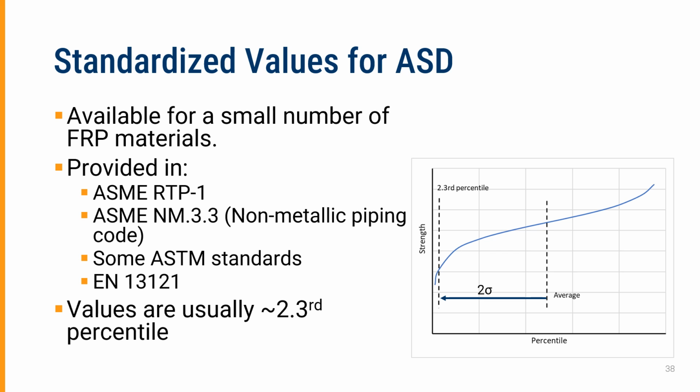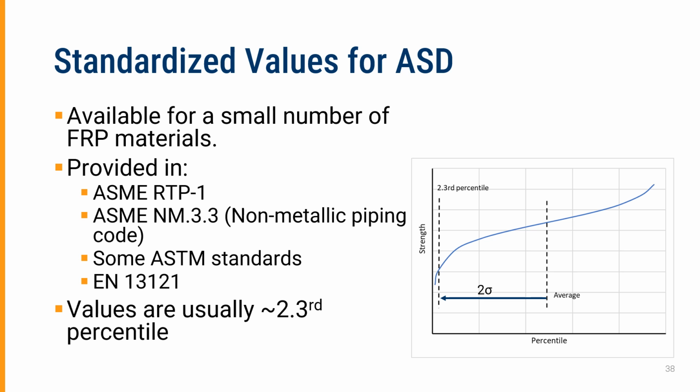So this is non-metallic piping code materials properties. There are some ASTM standards that have a limited amount, similar amount actually to RTP-1. And EN 13121 also provides some information on allowable stresses or allowable loads that can be used in the absence